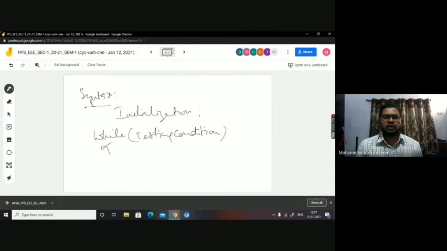Then you can have some set of instructions here, and then increment or decrement. Then you will have the termination of the while block, followed by some next statements, of course.